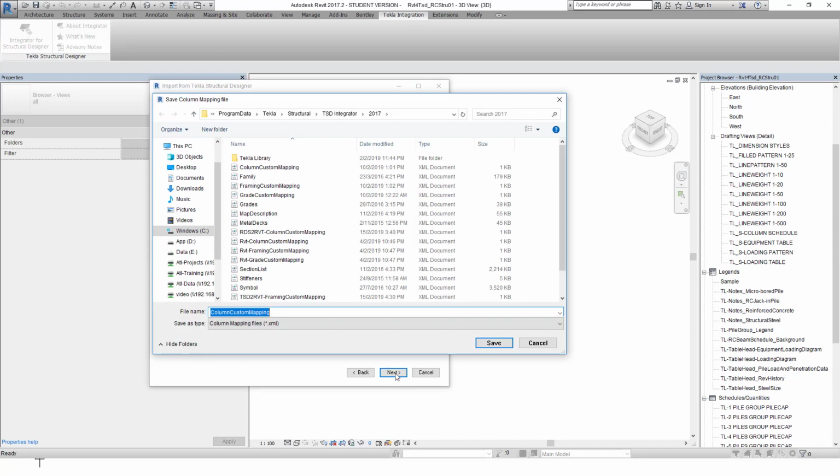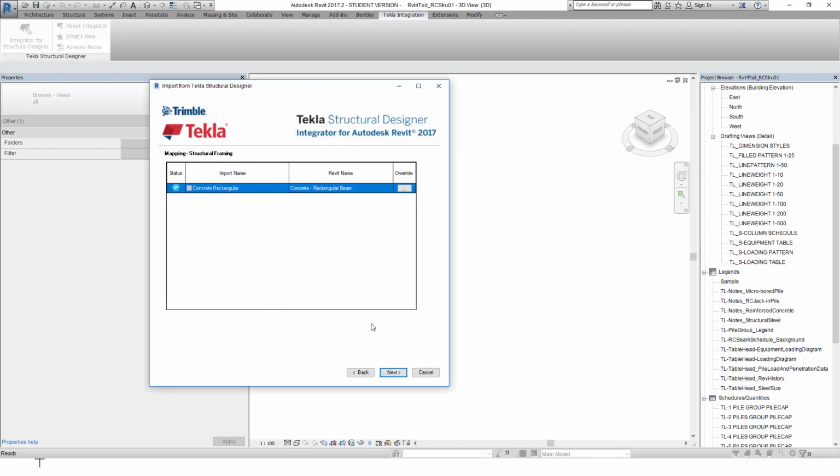The application allows us to save this mapping.xml file. I'll put a TL in front, which means this mapping file is owned by me, for example. Save, then click next. Then this is the framing, same thing, we have to click